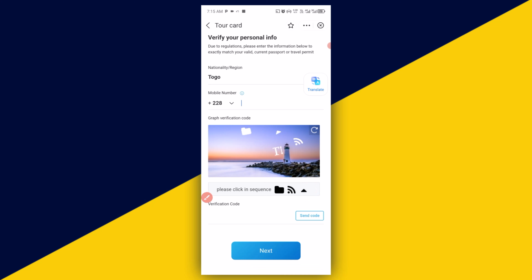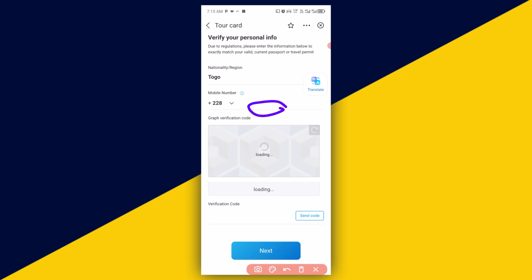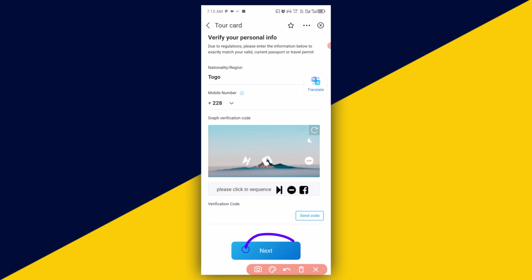So for you to do that, you can see the first one here is a folder, the second one here is a Wi-Fi icon, while the last one is something like this. Once you verify, then make sure you enter your phone number correctly, and in a few seconds it's going to load the verification code. Once you verify successfully, next thing you need to do is to simply click on next,